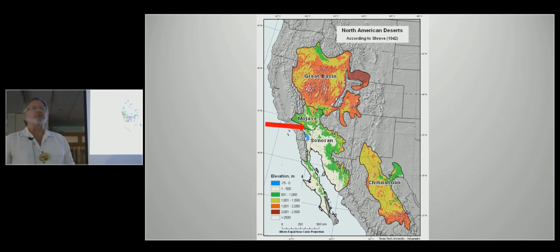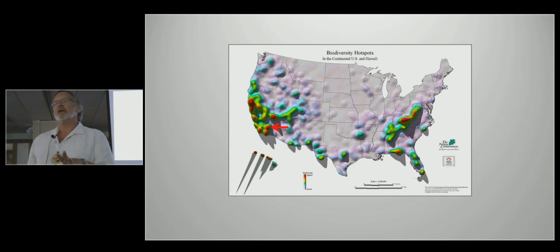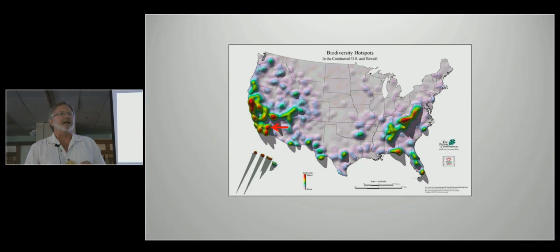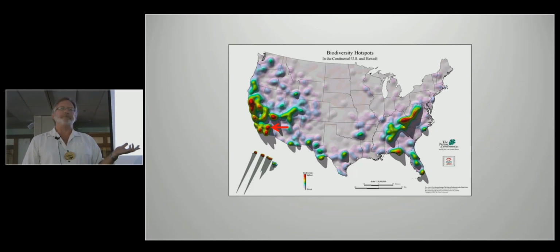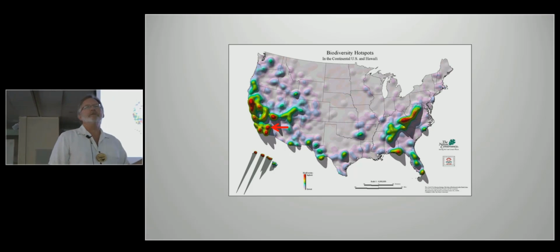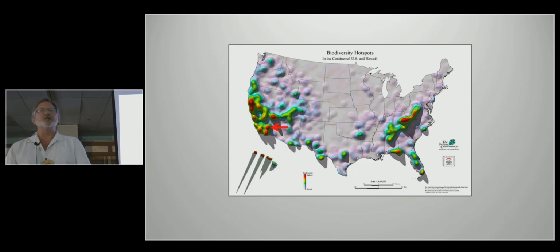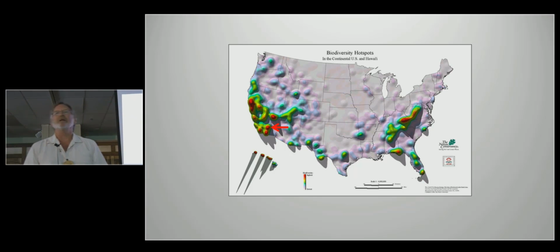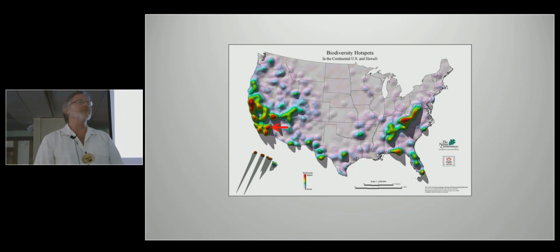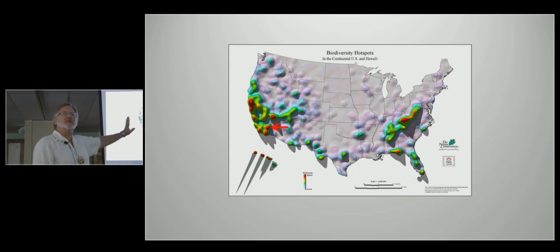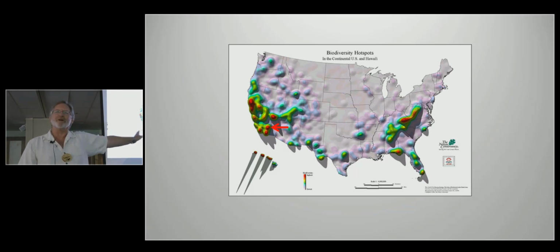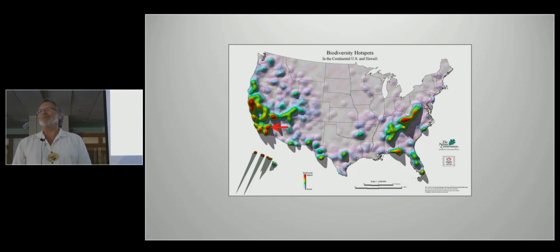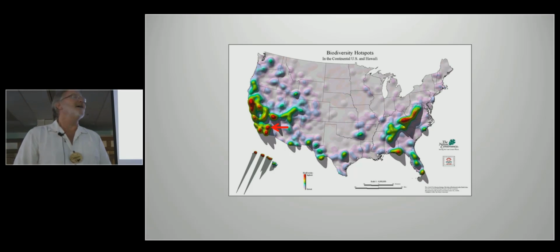The other sense of place I'm going to give you is a slide very similar to Tom's. And I'm a little concerned here because I wanted to talk about biodiversity. And Peter Kariva said, no, you can't talk about biodiversity. And then Tom used the same slide, but he called it endemism. And I thought, well, that's kind of almost the same thing. And so I'm going to talk about unique species that occur no place else except for where they are. And maybe that's more descriptive, I don't know.